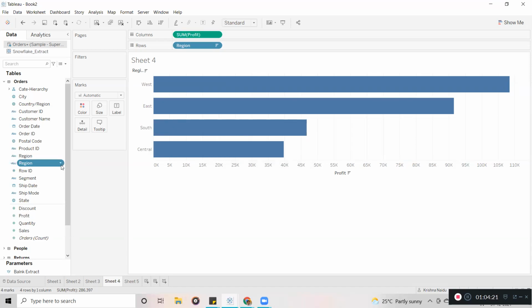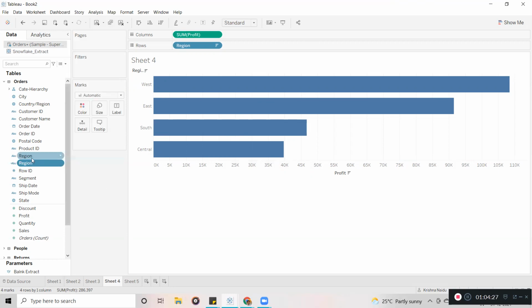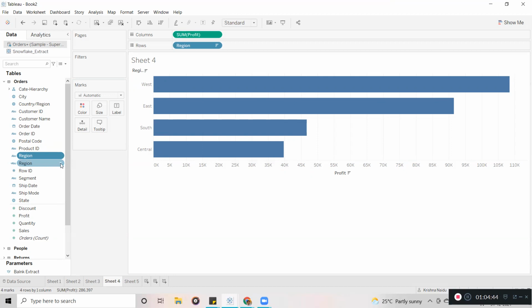Now I can edit this one. If you click on this arrow mark, you can see the edit option, but the original fields will not have the equal symbol before the icon. So if you right click on it, you cannot see the edit option. Original fields you cannot edit. Only the custom fields you can edit.